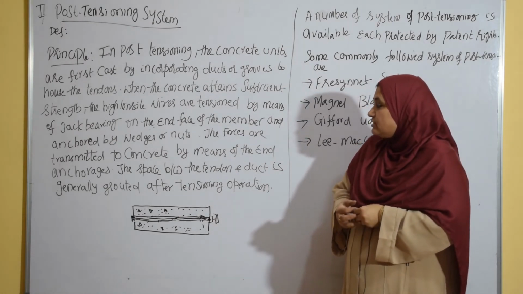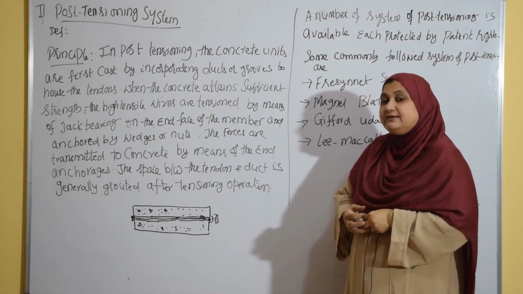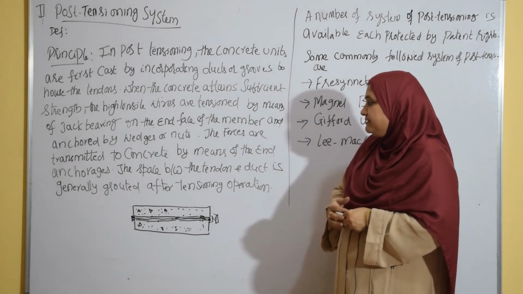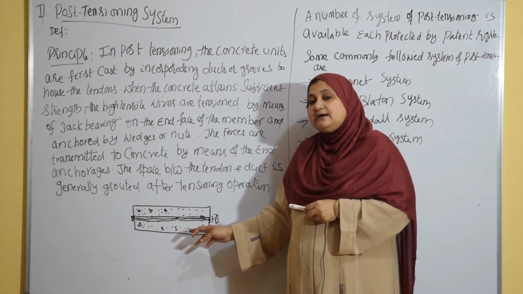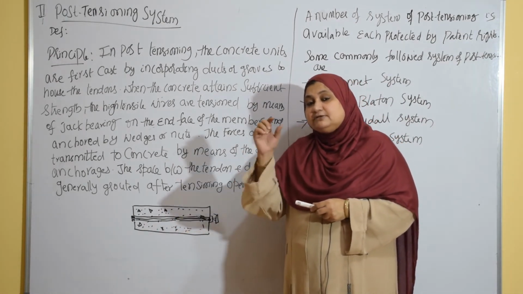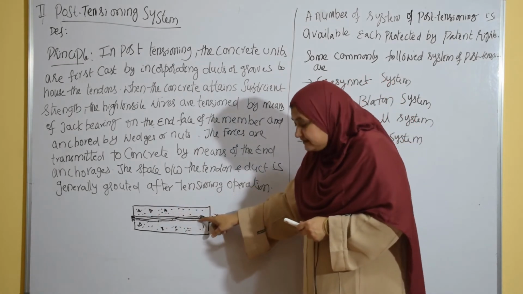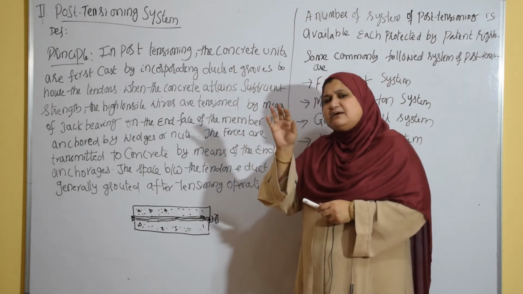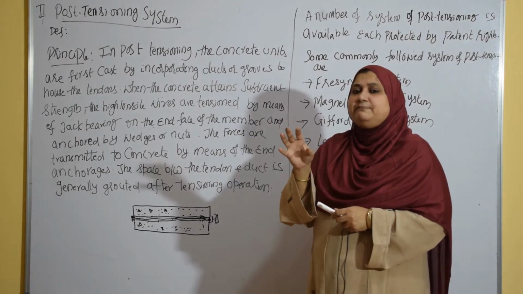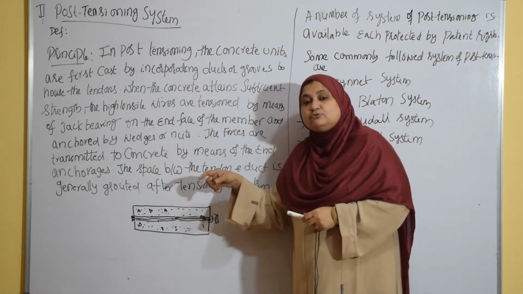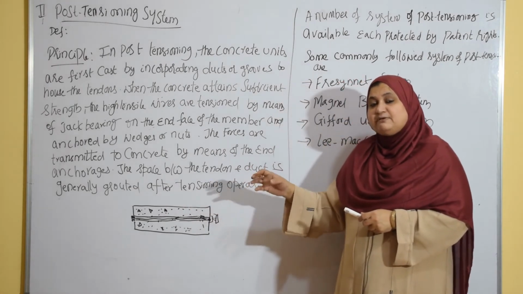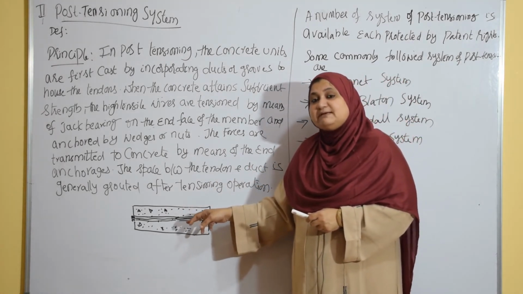Okay, so this is how the tension pre-stress will be introduced in the post-tension member. Whatever space is left over between the duct and the tendon, when you are placing the tendon, some amount of void will be there, because it is not exactly the size of the duct which you are going to insert inside. The wires will be of some other diameter and the duct will be some other diameter.